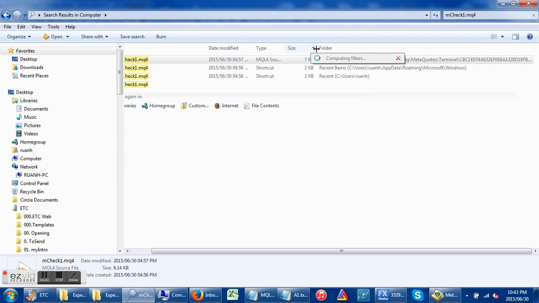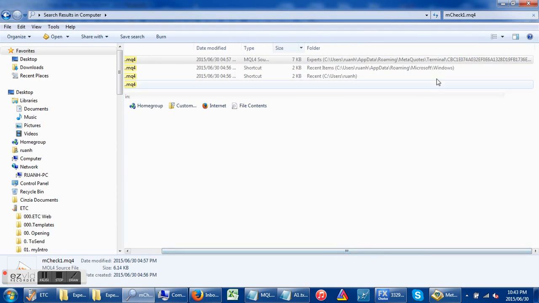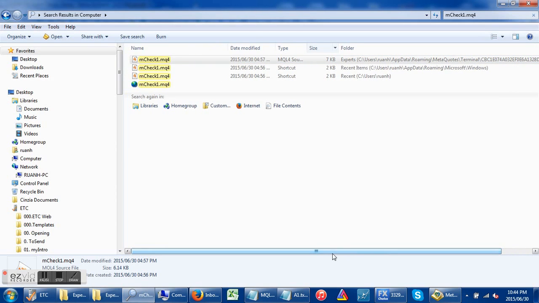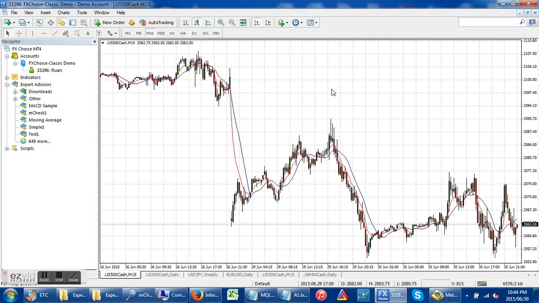But as you can see, the name of this directory is actually quite tricky, where it finds MetaQuotes terminal and then some randomly generated numbers. Like I said, it's a bit trickier to find it, but it's possible, and it depends if you have the code or not. Anyway, to carry on, now that we've got the compiled code, we take the test